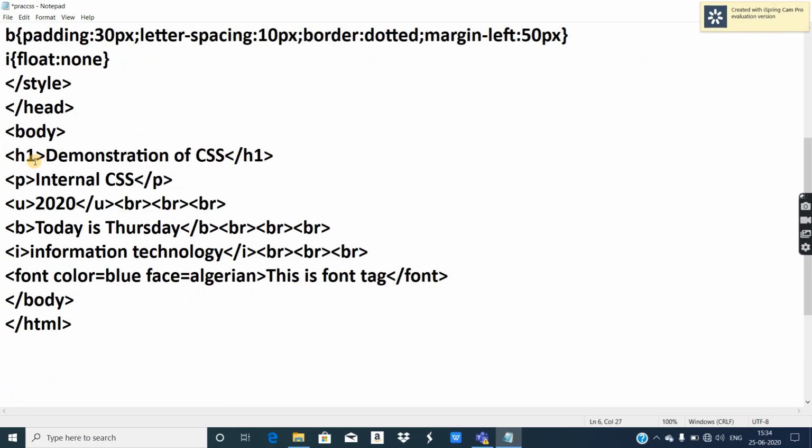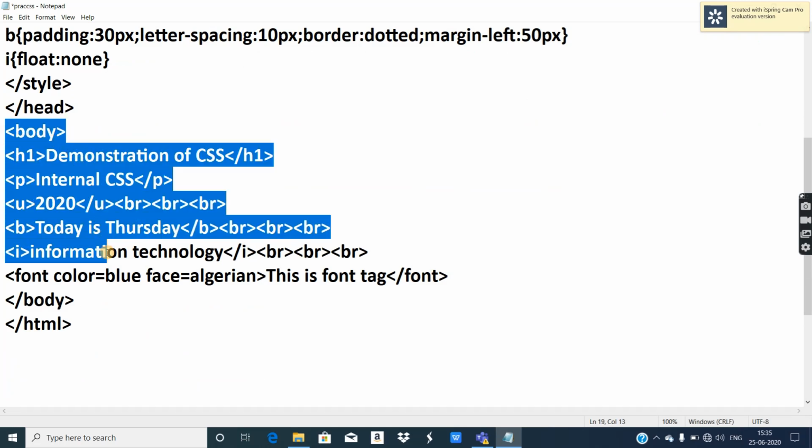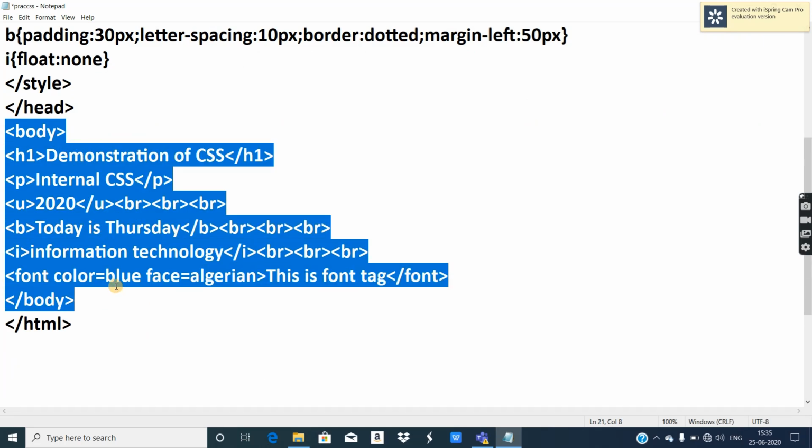Okay, entire web page in the sense starting from body tag opening to body tag closing, that is the actual content of our web page. So body tag opening to body tag closing becomes the container of all the tags that are going to be displayed on the web page.